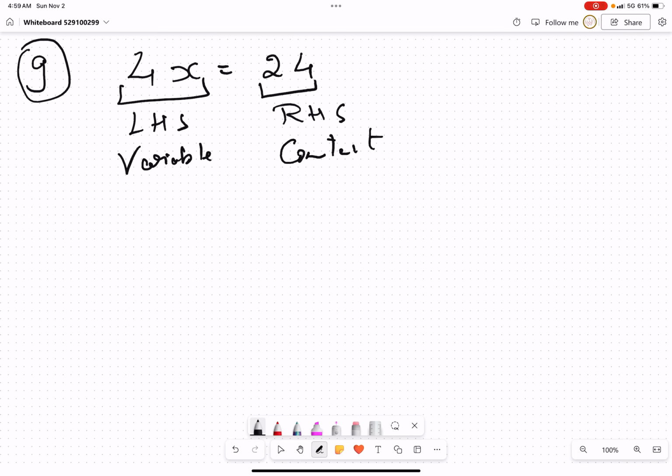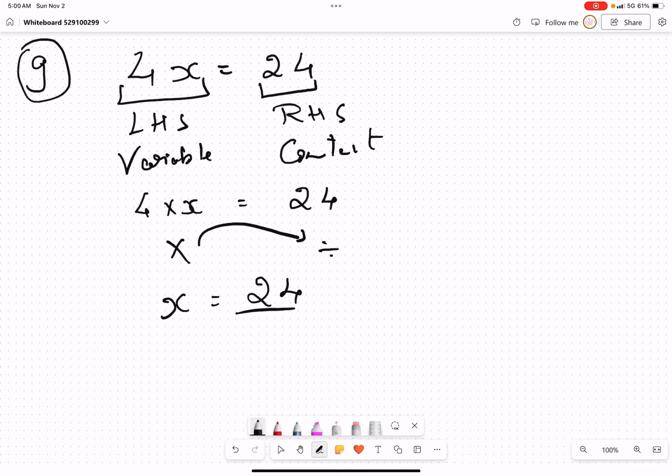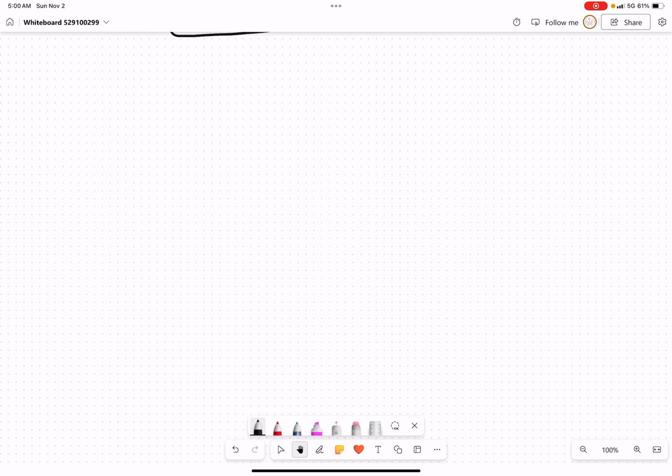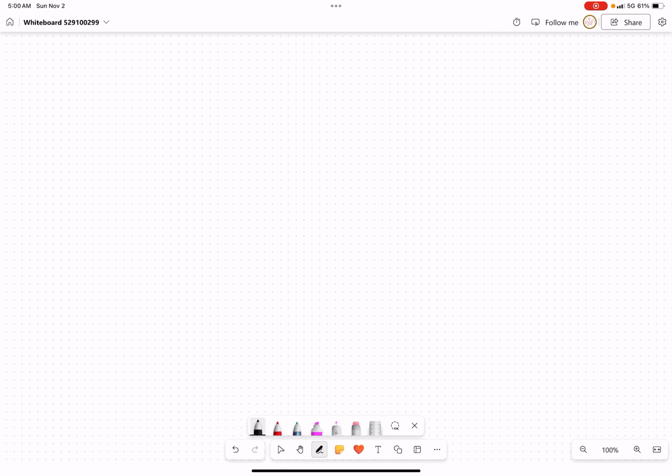Okay. Now, this is nothing but 4 times x equals 24. Here, multiplication, when it jumps on the other side, becomes division. So, x equals 24 by 4. X equals 6, since 4 times 6 is 24. Okay. Now we'll do